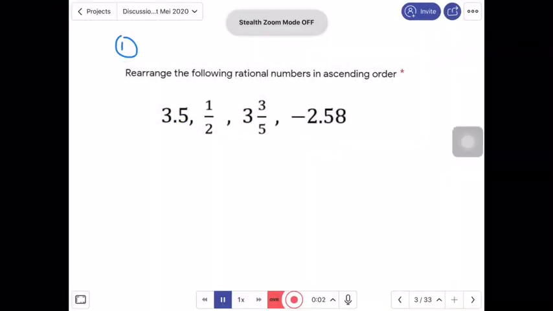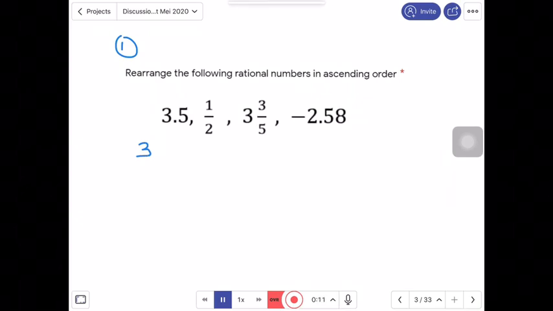Okay, to arrange these numbers in ascending order, first we change the numbers into decimals. So 3.5, 0.5, 3.6, and negative 2.58. And then from here, the smallest is this negative number,